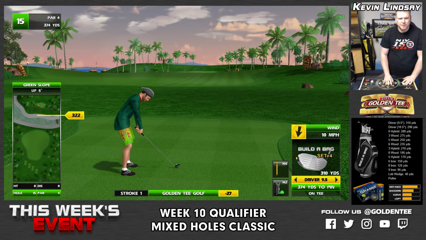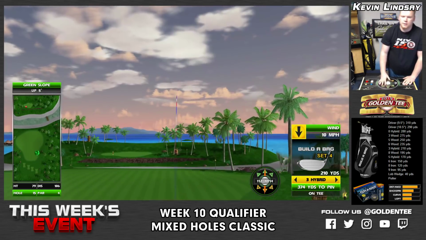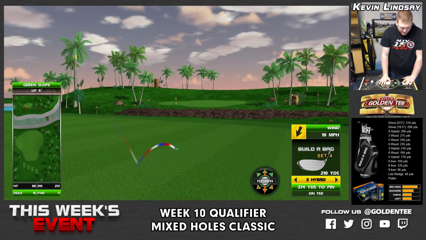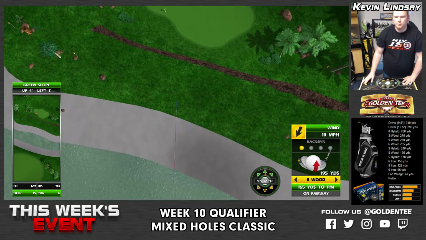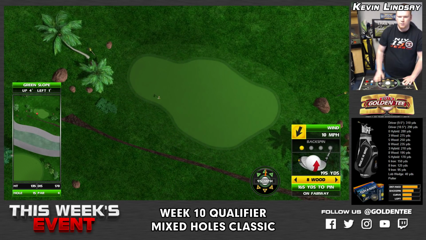Another non-drivable setup here from Tahiti Cove 15. A little bit disappointing with hole 1 being drivable. Was hoping that this would be a 35 setup. But still a nice approach shot to hole out on this par 4. Now we'll suck back